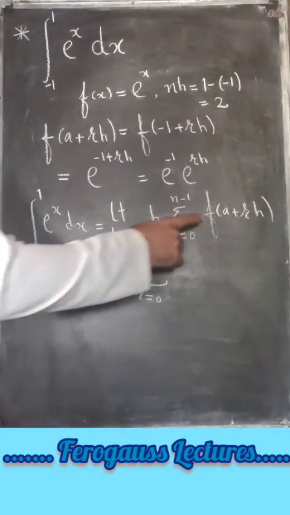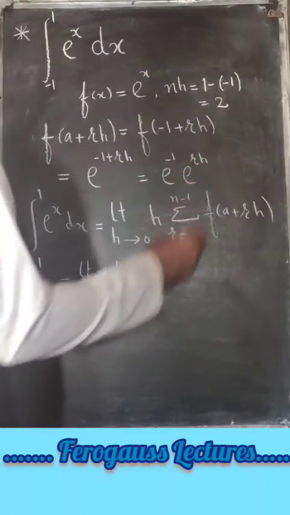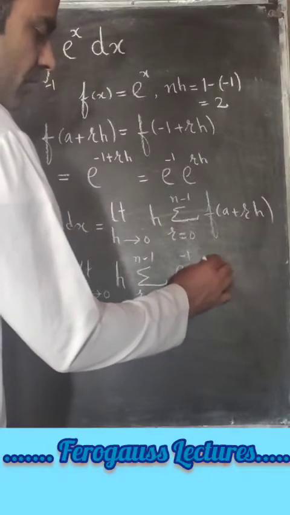Now, instead of f of a plus rh, we have e raised power minus 1 e raised power rh, so we can write e raised power minus 1 e raised power rh,